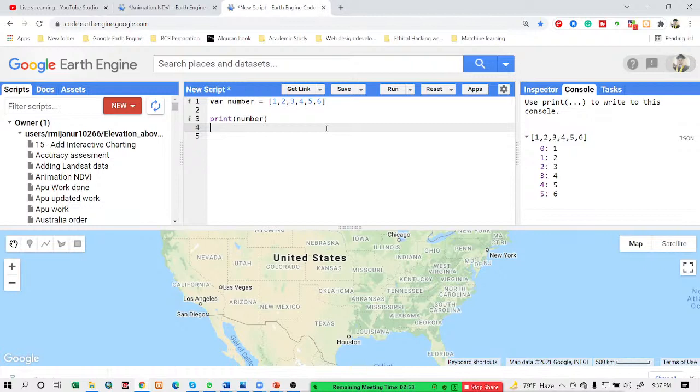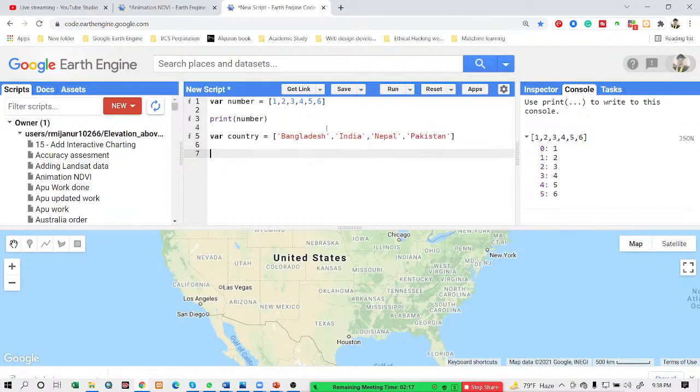So I want to make another example. Suppose I take another list for countries. I give the variable name country, and I use a list. You always remember that when you define a list you must use the square brackets. Now I want to make a list of countries, and a country name is a string, so I need to use single quotes or double quotes. Suppose I use the country name Bangladesh, then I go to another country, India. Okay, I make a list for the countries.